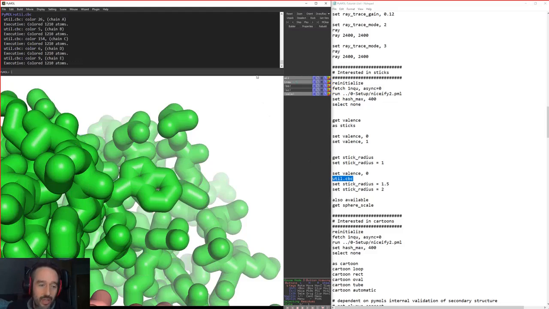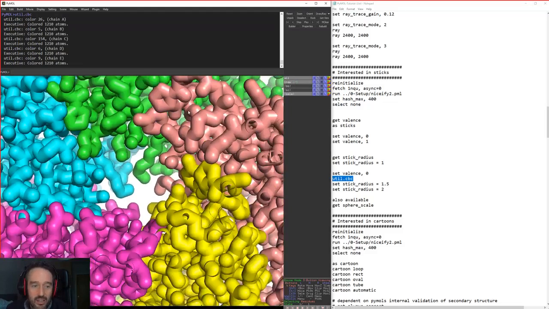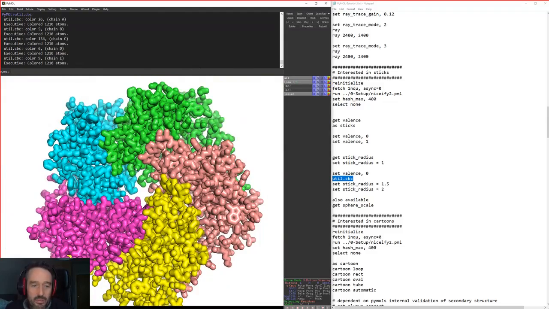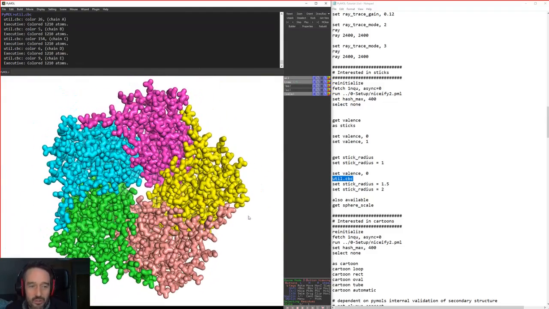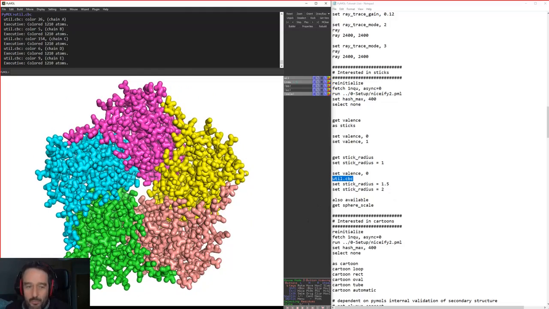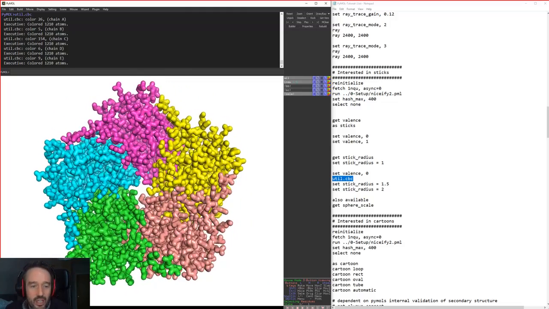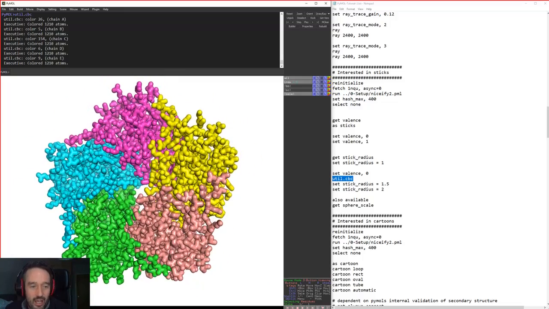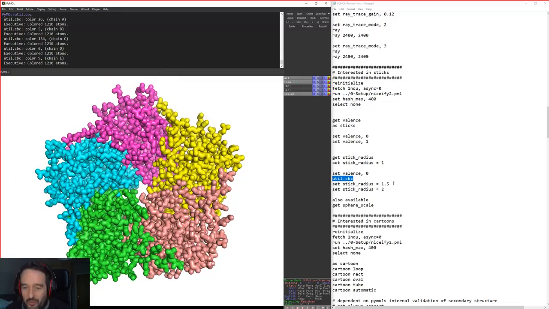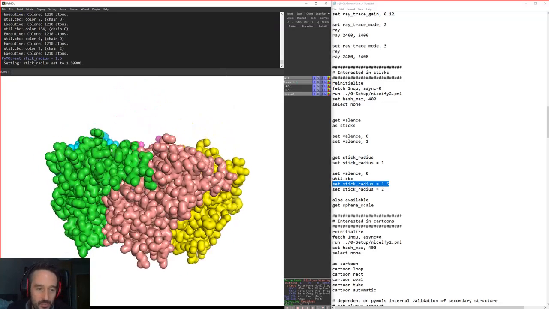We've set our valence to 0 already. We can colour all of our things by chain, and maybe this is a representation that you quite like. You can see that it's almost a bit like a licorice look, I think it's called, where your bonds are basically the size of your corresponding atoms.